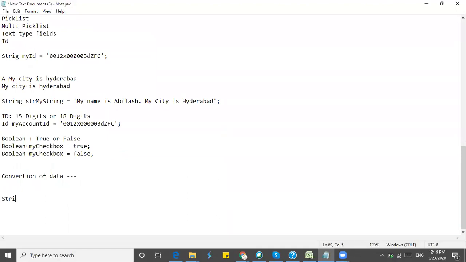Let's say string my name, and I give 10. It will not accept that directly. But we can convert this number value to string and save it in string type. For that we have something called dot.